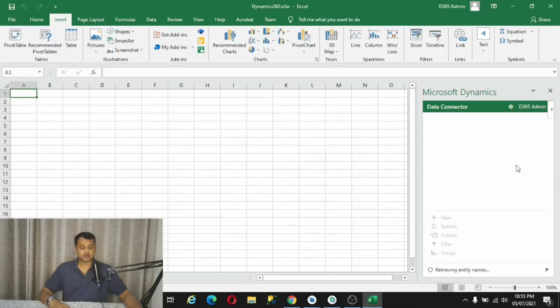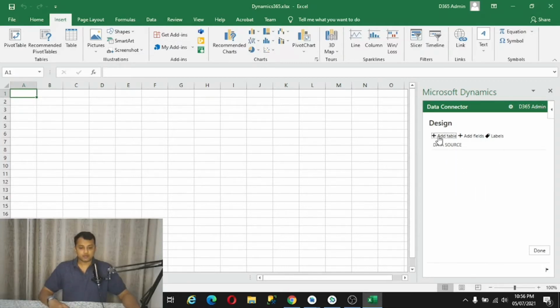Once you click on design, all the data entities which you have published would be available for you to fetch the data. Certain data entities enable write operation, certain data entities enable read operation. Depending on the data entity you are selecting, you will be able to retrieve and perform operations. For certain entities you might be able to update and create new records, and for certain entities, even if that option is available, you will not be able to update or insert a new record because the data entity is read only.